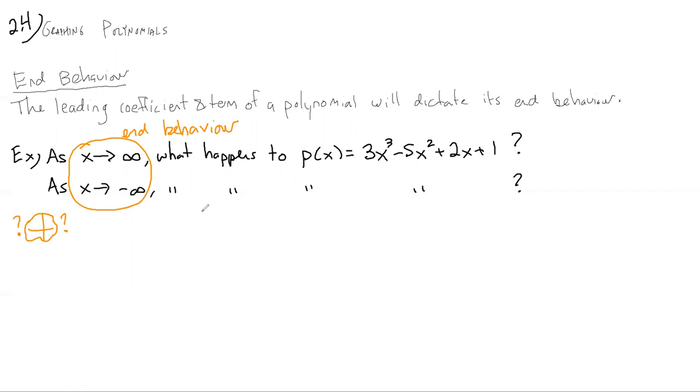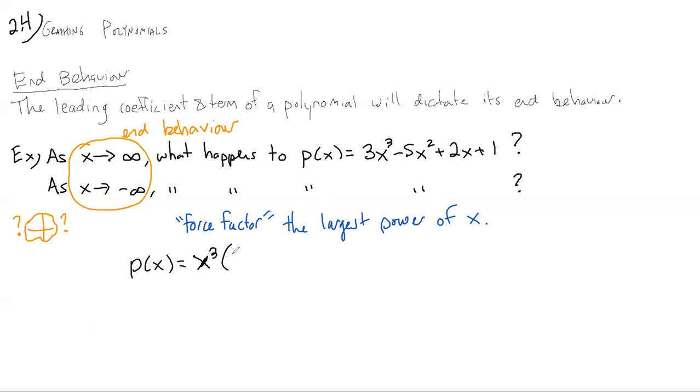What we can do is actually factor out a large chunk from the p of x. There's no common factor in all the terms, so what we're going to do is force factor the x cubed, the largest power of x. Sort of like with the transformations, how we needed to force out the coefficient of the x to get the nice order. We're going to do the same thing here. It doesn't factor nicely, so we're going to force it to factor. And so what I'll have here is p of x equals x cubed,